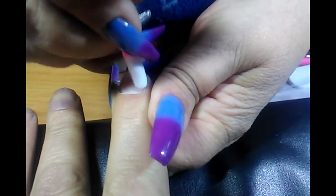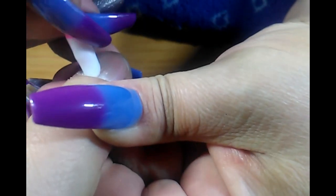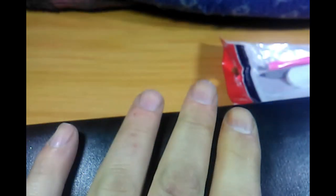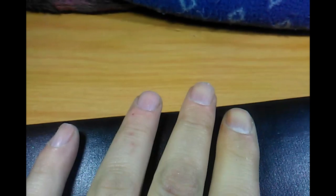I'm going to do it step by step, and I'm going to show you the prep work as well. Alright, so all cuticles have been pushed back. I'm just going to put this back in my little goodie bag. Now we are going to